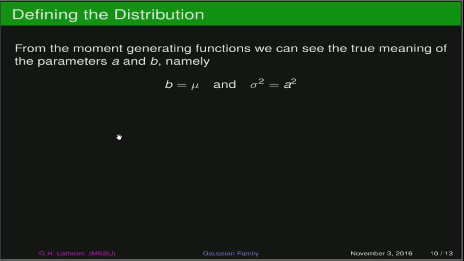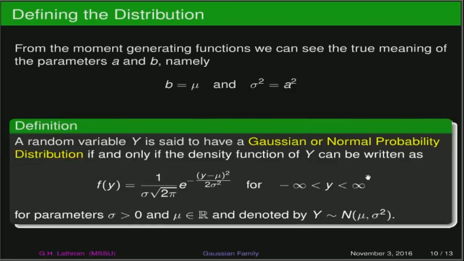And so typically what people will do is, instead of using values like a and b, we'll just call b mu for the mean of our distribution. Instead of using a, we'll say that a squared is just going to be sigma squared. So we'll use the value of sigma squared. And what we've just done is to come up with a new family of distributions.